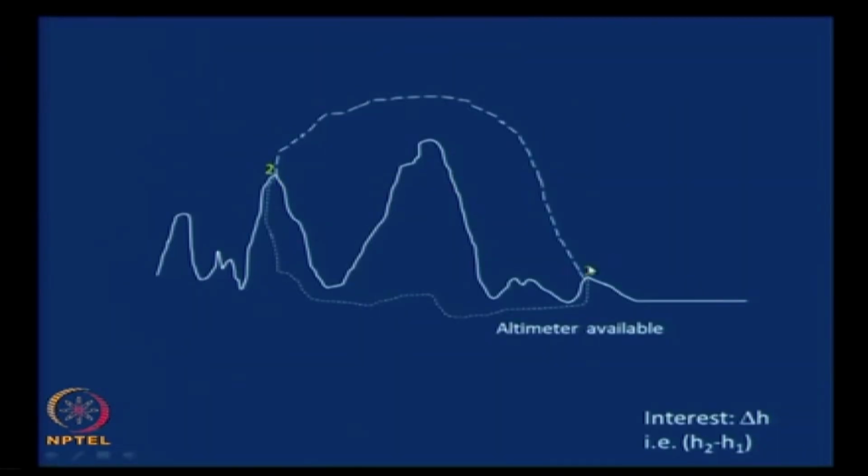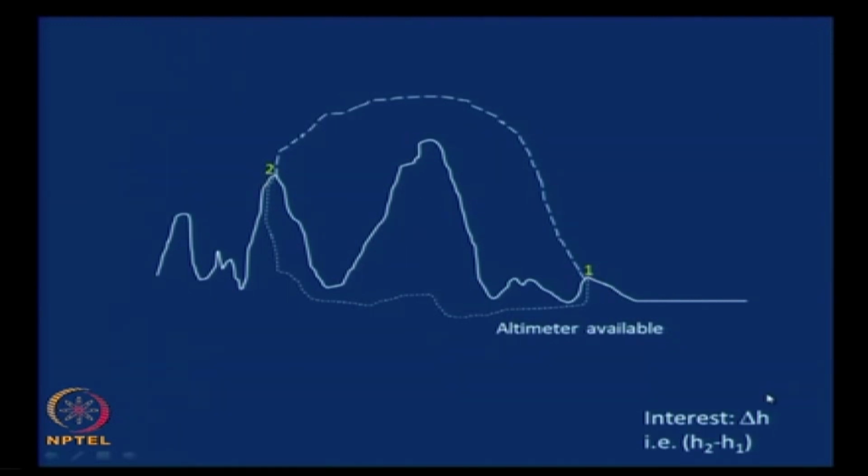In the last class we saw an important concept that we will use repeatedly in classical thermodynamics, that is the concept of state variable values not depending on the path taken between the two states. To understand that a little better, the example that we had considered was taking multiple routes between two destinations 1 and 2 in a mountainous region, and if we are interested in the difference in heights between 1 and 2,